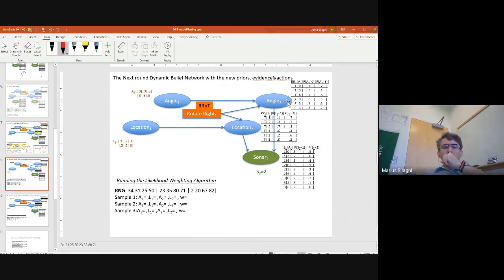So let's run a set of samples, 3 samples here with these random numbers that you have obtained now. Okay, so let's start with again an exercise with all of you one by one. Who goes